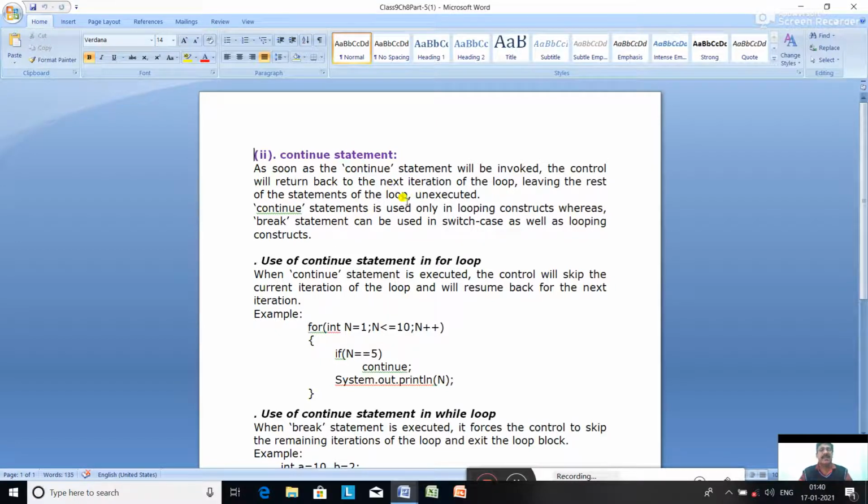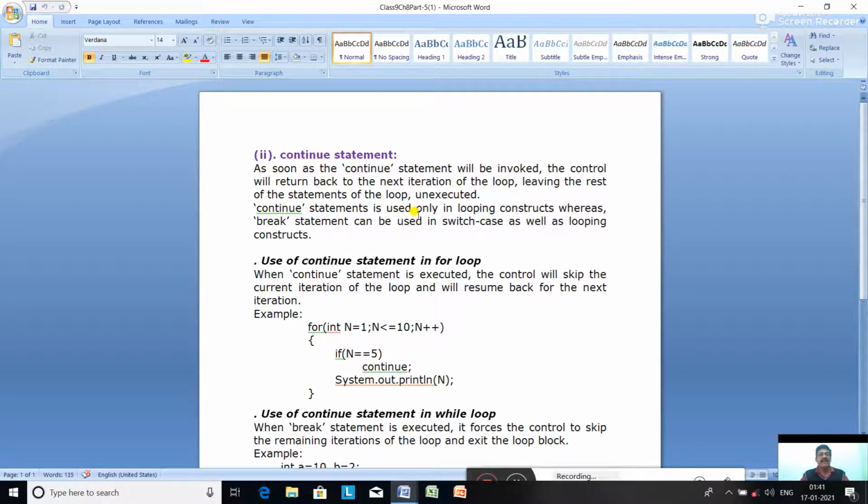So as soon as the continue statement is executed, the control will return back to the next iteration of the loop, leaving the rest of the statements of the loop unexecuted. Rest of the part will be unexecuted.